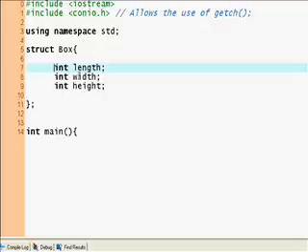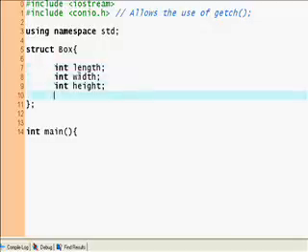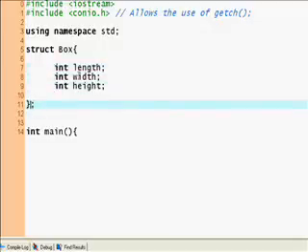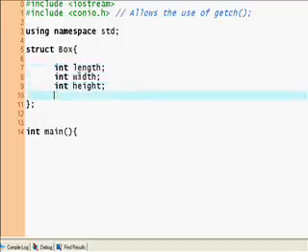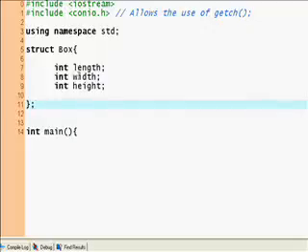So that's pretty much the basic rundown on structures. It's basically for holding data values. Another good way of holding data is a union, but we'll be covering that in another lesson. A union shares the memory space between different